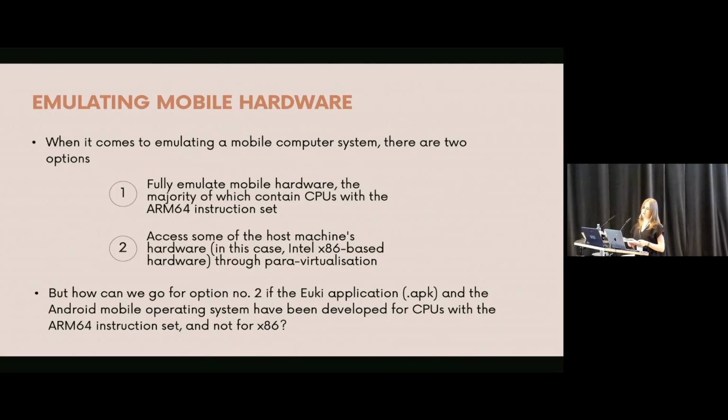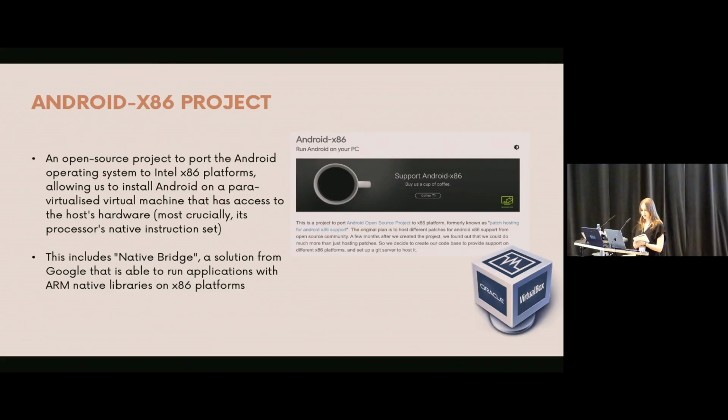So when it comes to emulating something like a mobile computer system, there are two options. You can either fully emulate mobile hardware, the majority of which contains CPUs with the ARM64 instruction set, or you can access some of the host machine's hardware. In this case, we're talking about Intel x86-based hardware through power virtualization. But then how can we go for option number 2, which would be the more computationally efficient option if the Android mobile operating system and the UK application have been developed for CPUs of the ARM64 instruction set and not for x86? Well,